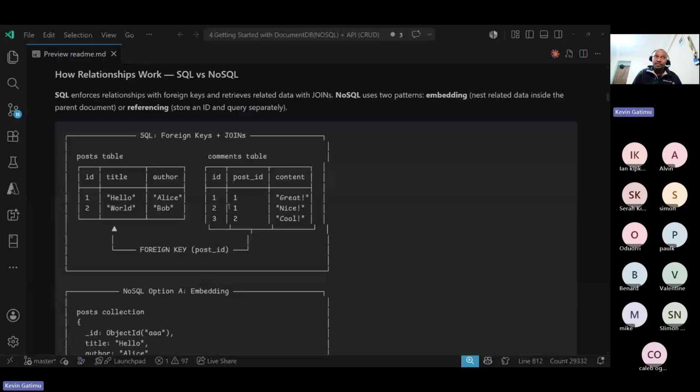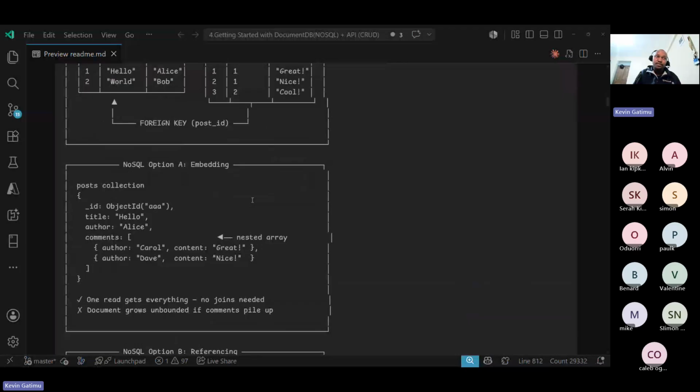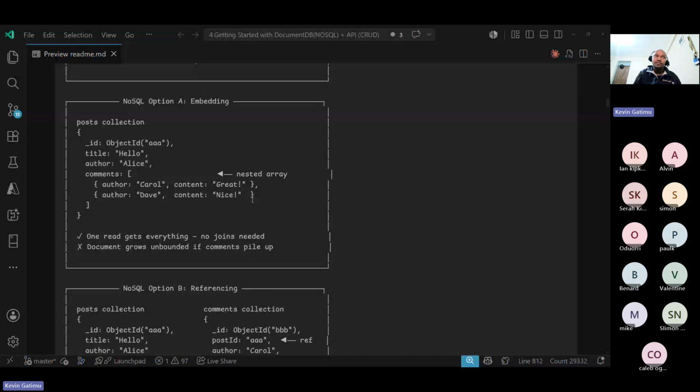Comparing this to a NoSQL database, we have two ways of doing things. The first way is having the post object, and inside it you have a key known as comments, and then you can have an array of comments. So this is the first way. For this, you don't need any joins. But the challenge with this is that